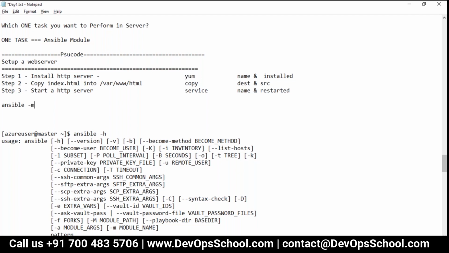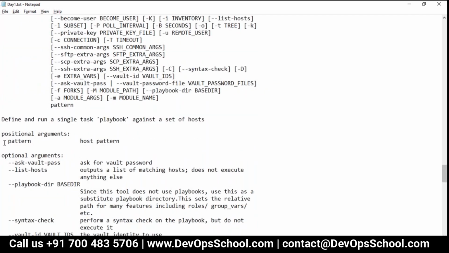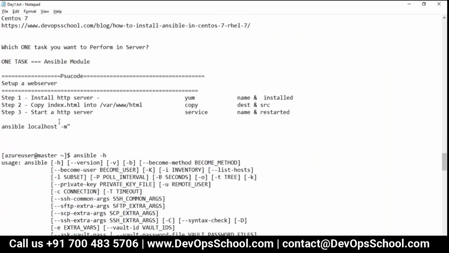So -m. But where do you want to run? Localhost, same machine. So Ansible localhost. How do I know? If you see here, positional arguments, how can you place it? Here the pattern and host pattern you can specify next to it. That's what I'm doing. Ansible, where do you want to run it? Localhost.